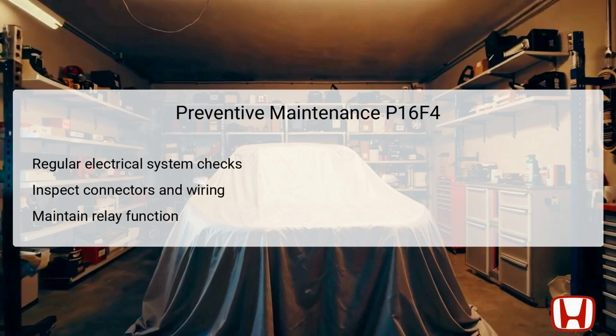Ensuring all connectors are intact and clean fosters good electrical connections, reducing chances of intermittent faults. Additionally, maintaining the integrity and functionality of the starter cut relay itself will further enhance starting reliability. This proactive approach not only prolongs the life of components, but also ensures the vehicle remains dependable under all operating